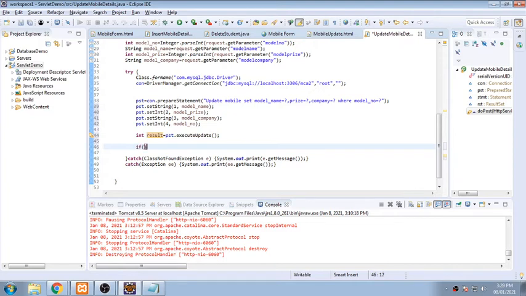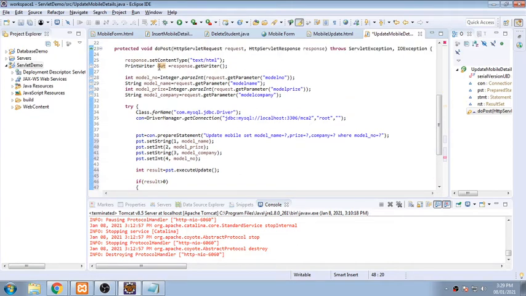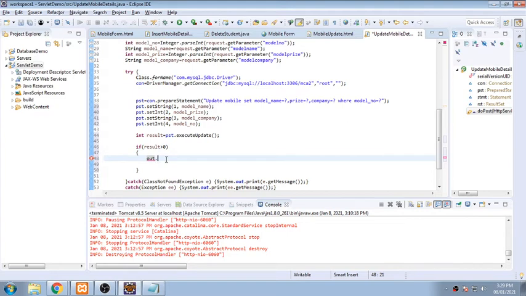If this result is greater than 0, it means some number is there in it. So it means system, that is out, the object of PrintWriter, out dot print. We'll be displaying something in an h2 format.